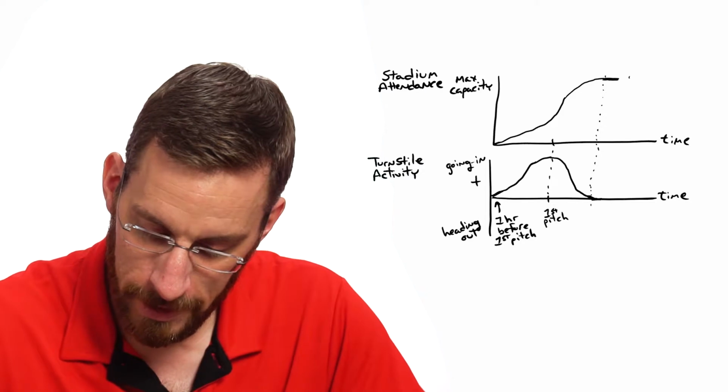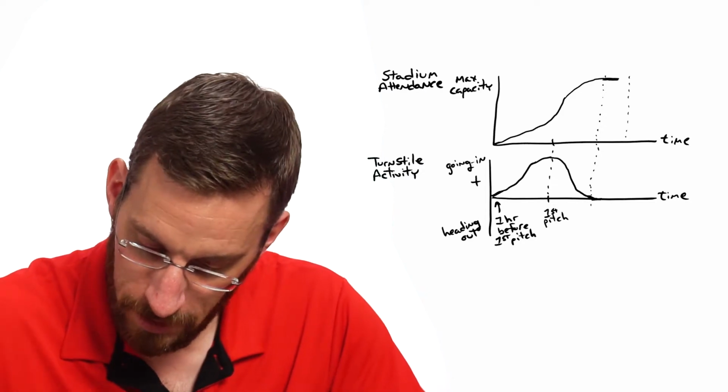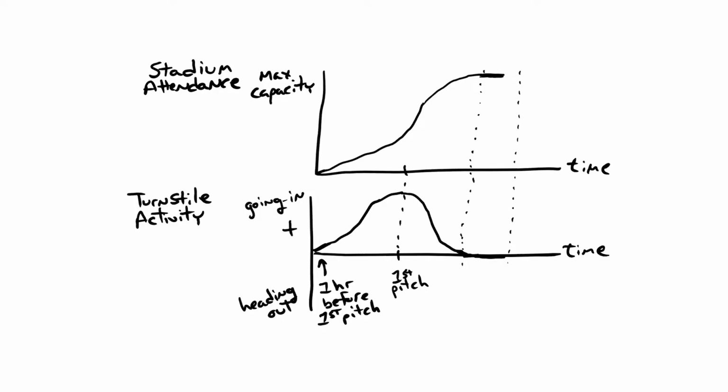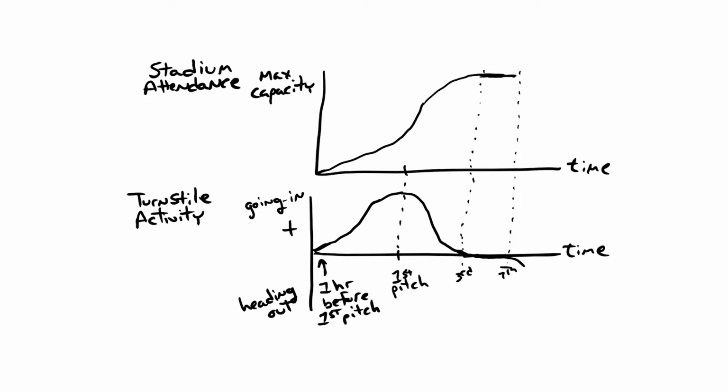Now, if we imagine we're getting close to the seventh inning, the visiting team's down by like 15 or so. And so they're just going to start leaving, right? And so you're going to see this rate of change, which was flat through the third through the seventh innings, and those losing visiting members are going to start to leave the stadium, right? So now we have people leaving the stadium, so your turnstile activity turns negative. Also, your stadium attendance is no longer at maximum capacity, so we start to lose some of that maximum capacity. So both of these things are heading down.